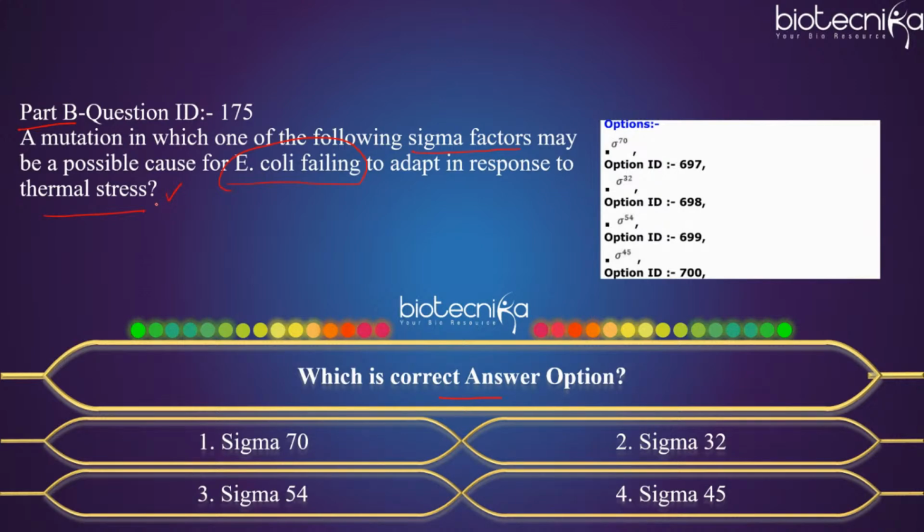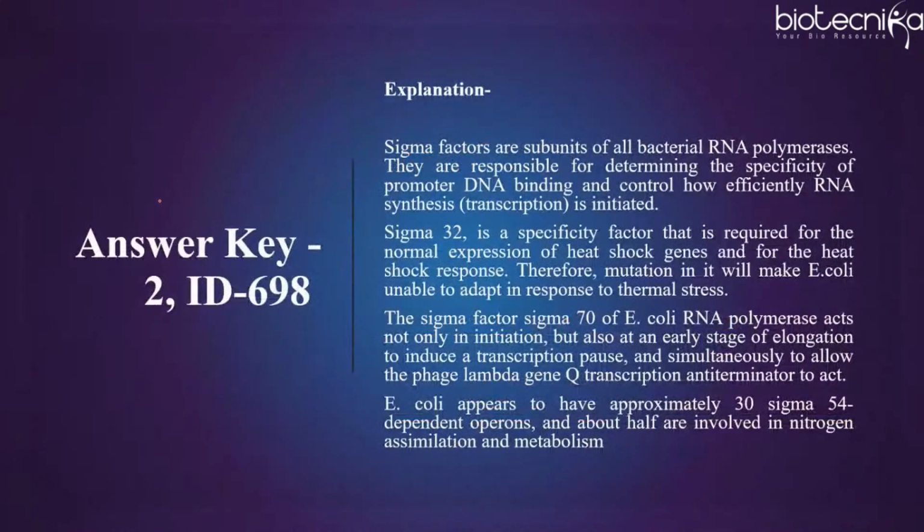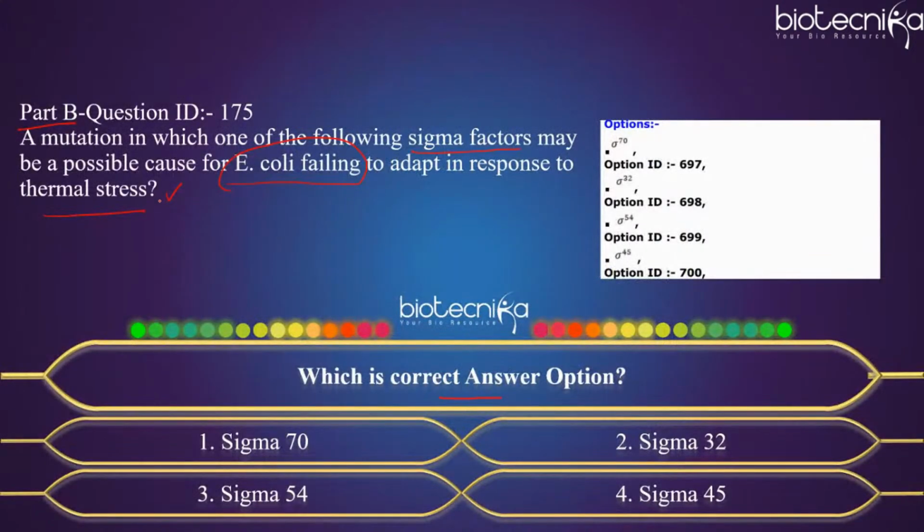Now over here, I will tell you the right answer. This was a very simple question. I'm sure many of you might have got it right. So the right answer over here is option 2, that is sigma 32. Remember this sigma 32. What is this sigma 32? This is the protein that actually helps in,